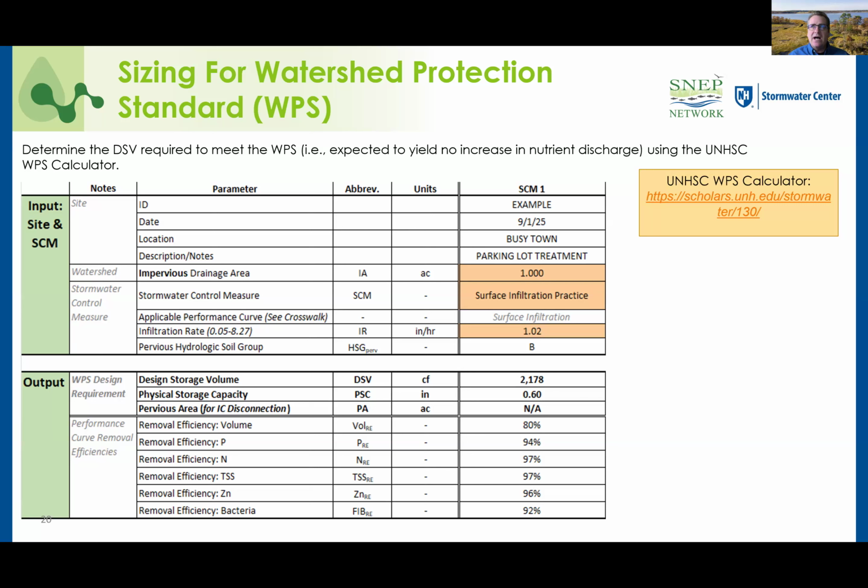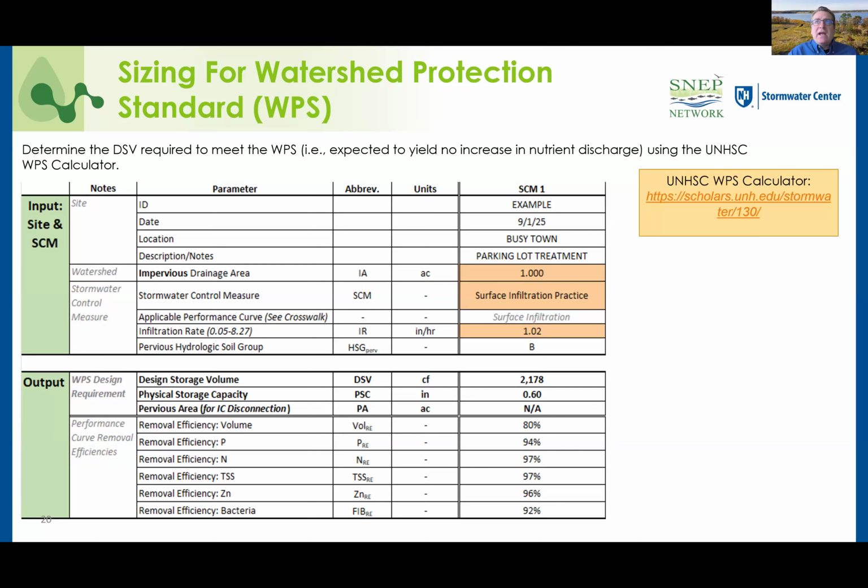And again, what's behind this calculator is all the continuously simulated data over 29 years of rainfall record that was developed in the Taunton using, I believe, the rainfall data from the TF Green Airport. So is that right, Mark? For the Taunton, it was TF Green, you're right. And it was a 20-year period that was used for that. 20 years. For Boston, where a lot of the other stuff is, it's 29.